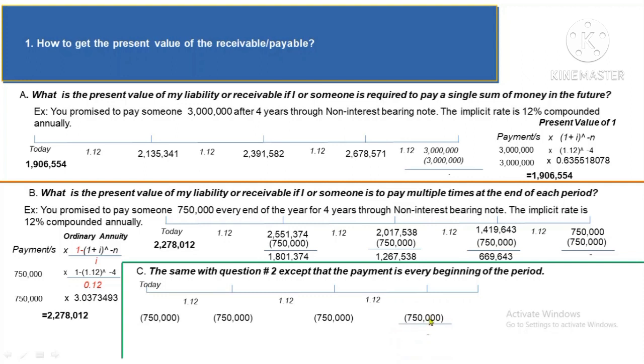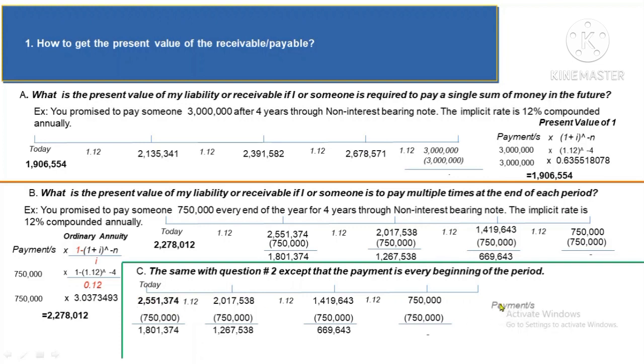So here is 0 plus 750,000, you will have 750,000. Divided by 1.12, you will have 669,643. Plus 750,000, you will have 1,419,643. Divided by 1.12, you're gonna get 1,267,538. Plus 750,000, you have 2,017,538. Divided by 1.12, we have 1,801,374. Plus 750,000, you have 2,551,374. We can also get this